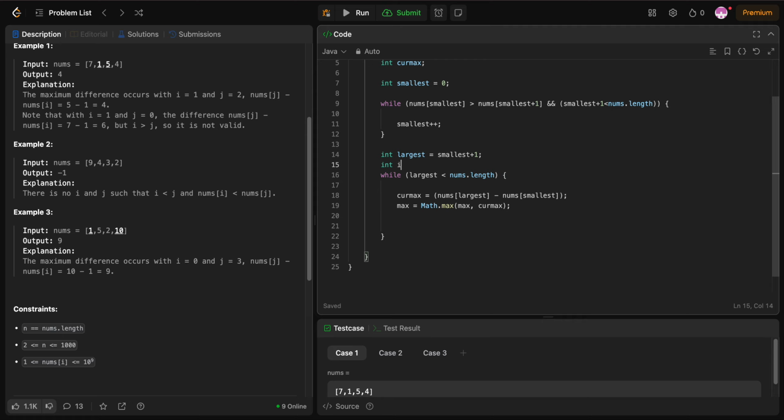Let's do int i equals largest, and then while i is smaller than nums.length,